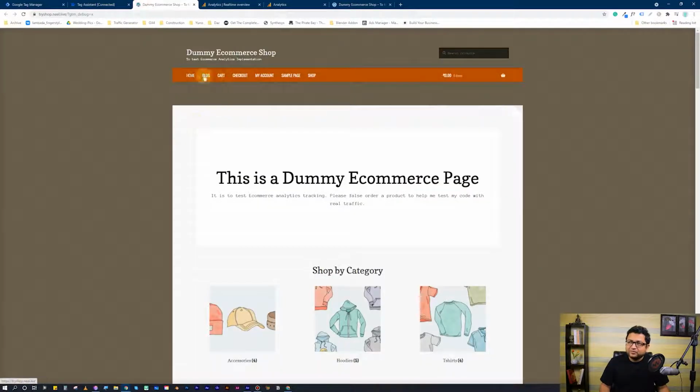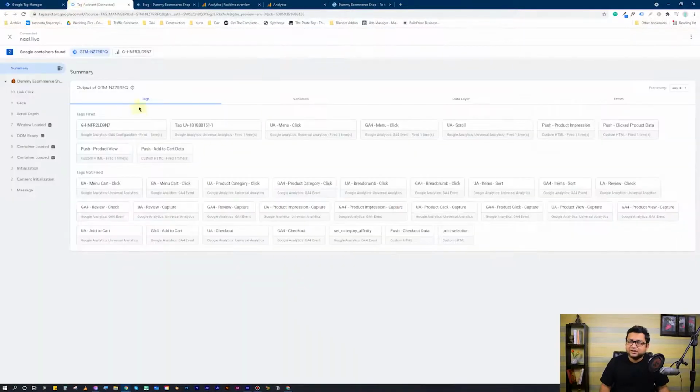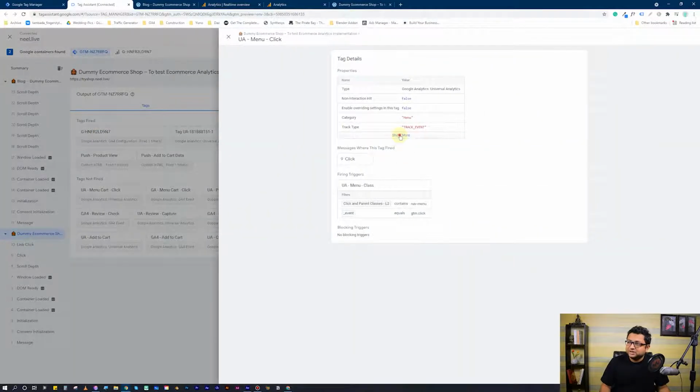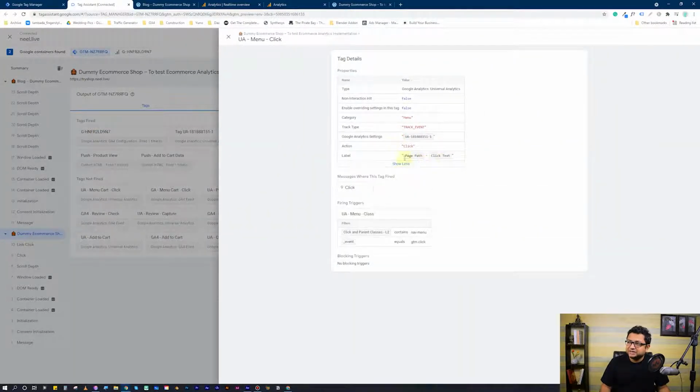Now, if I click on one of these, let's say I click on blog. Okay, let's click on blog and you will see what happens. So here the page is loaded, the blog page, and here you will see that the UA menu click and GA4 menu click tag got fired, right? If I open UA menu click, you will see that all the information that we had sent got fired exactly the way we wanted.